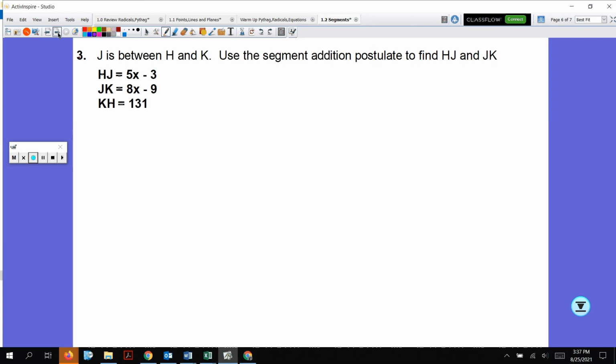J is between H and K, okay? Very similar to what we just saw. So I know H and K are my endpoints, and J is somewhere in there, right? We're going to use segment addition to find